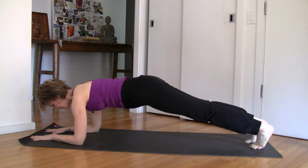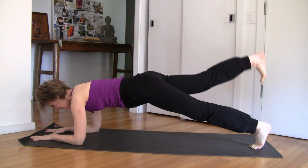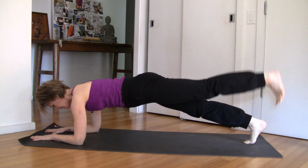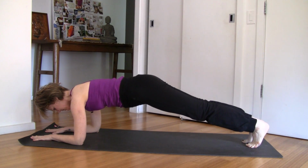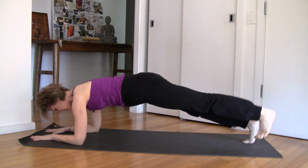You're going to hold the legs straight. We're going to lift one leg at a time. Squeeze the bottom of the buttocks and release. Lift and release. 2, exhale up, inhale down. Exhale up, inhale down. 4,